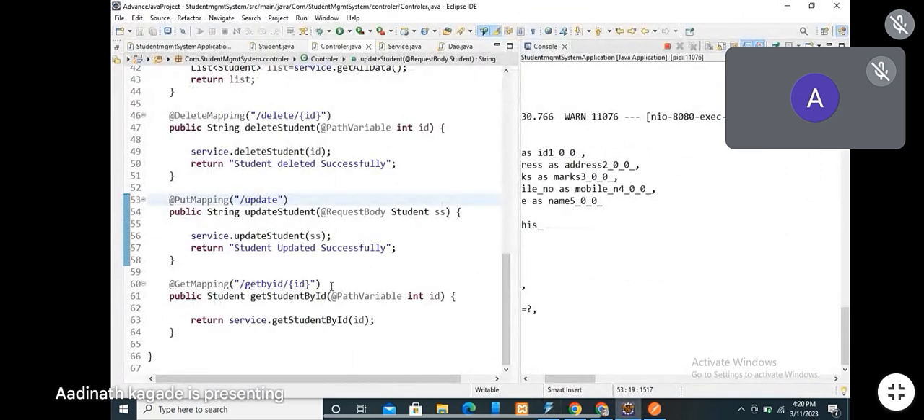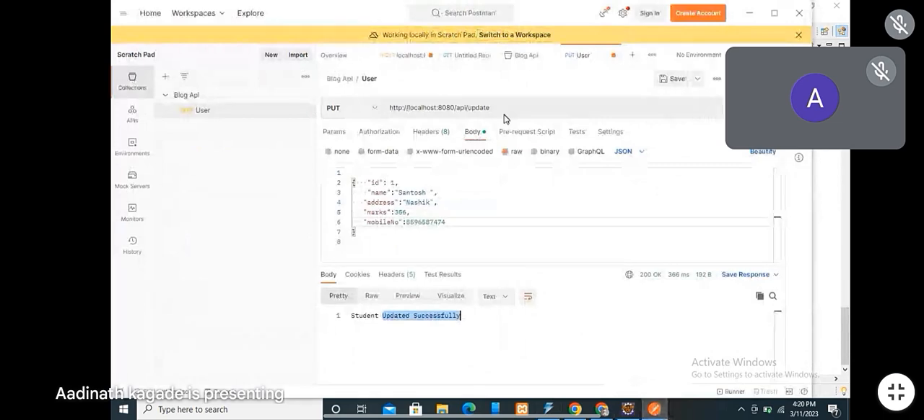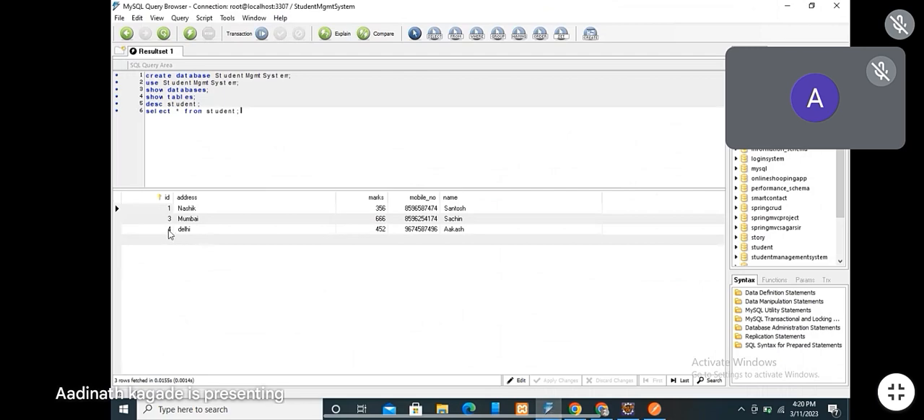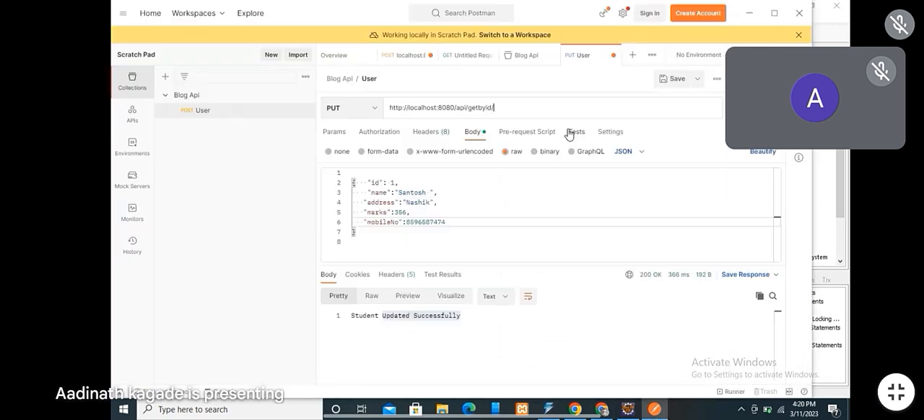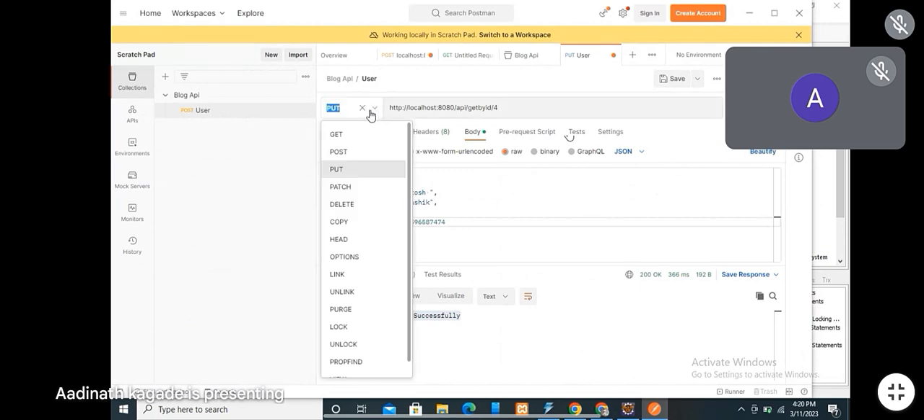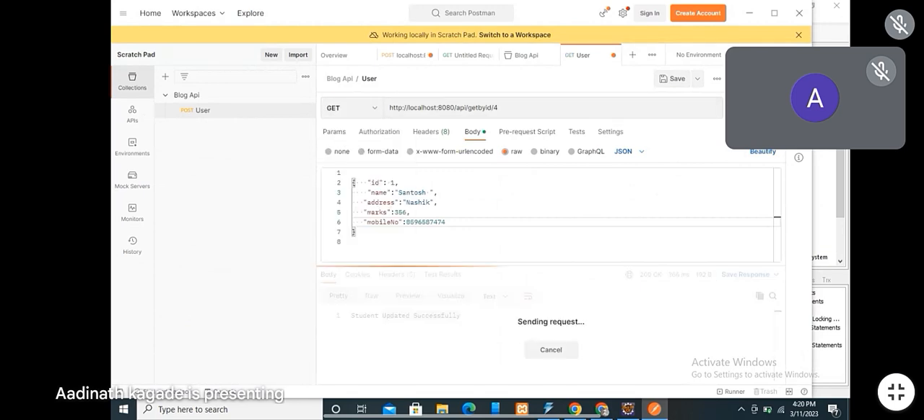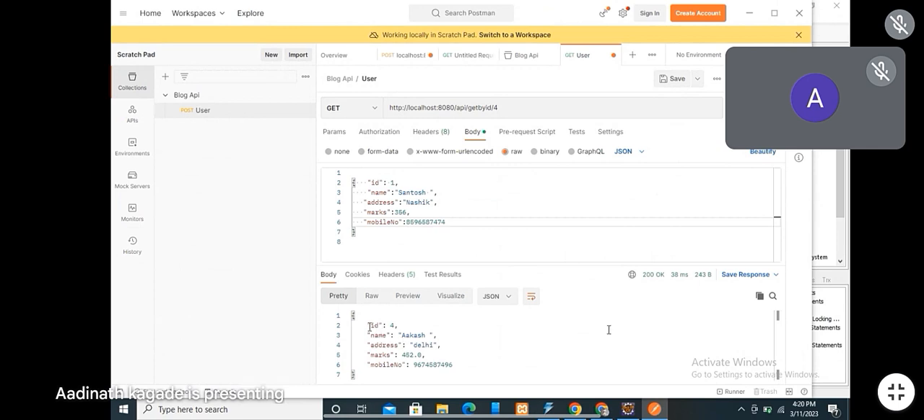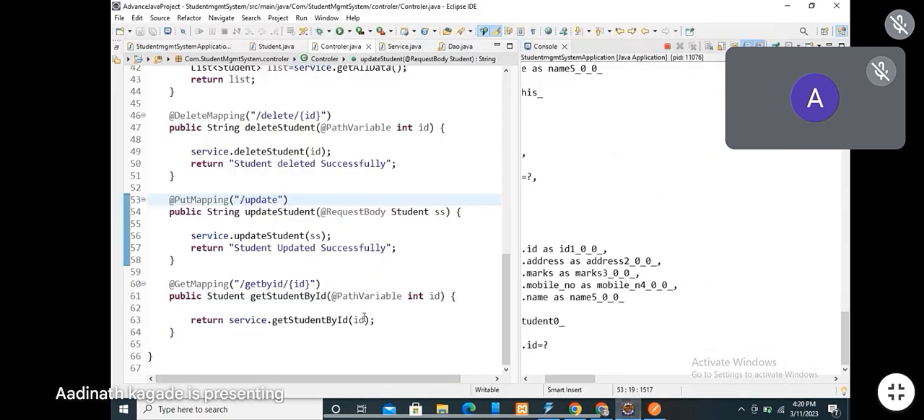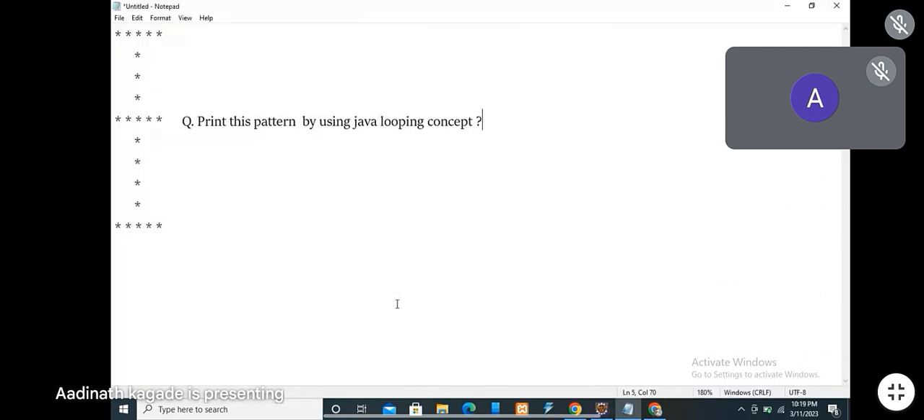All APIs are working fine. Then the last API is get student by ID. Just put the ID in the request, get by ID, and I want to retrieve the data for ID 4. Yeah, Akash is present at ID 4. All APIs work fine. So guys, these are the